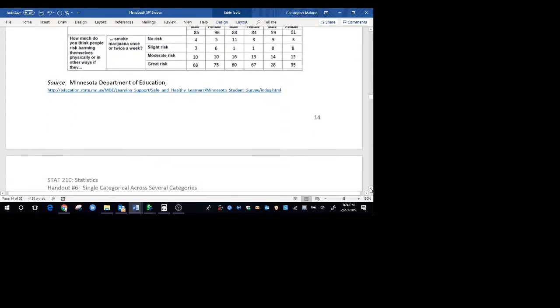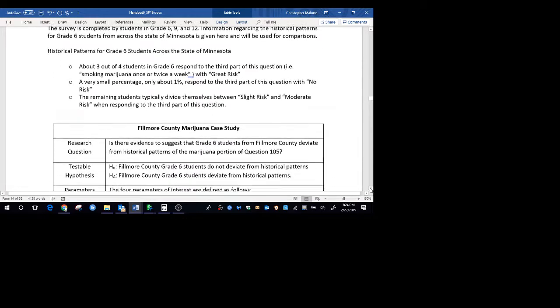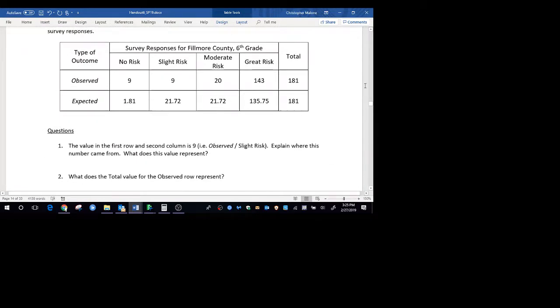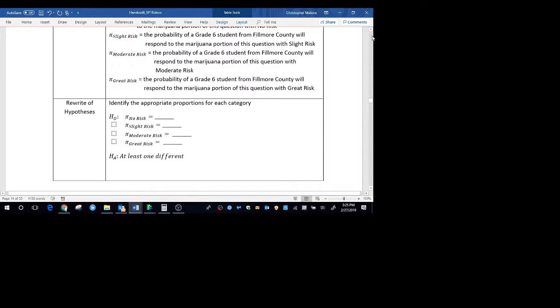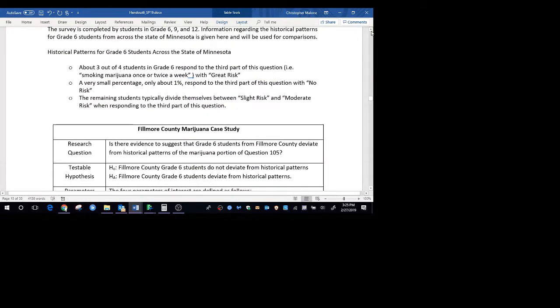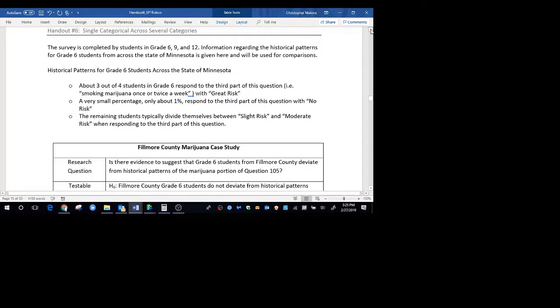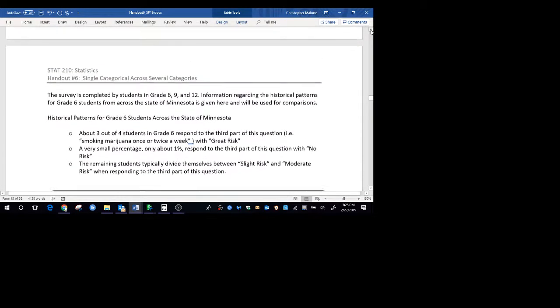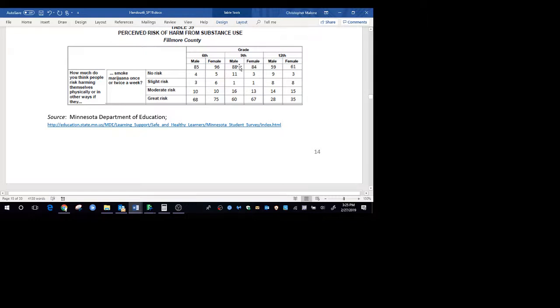Okay, let's move on to page 15. I'm going to need to build a reference distribution here. So let's just go back up here. Sorry about that. I'm going to need to take my observed data, which again was 9, 9, 20, and 143, and compare that against some sort of situation. Now, what we did before is compared it against a situation where everything was kind of equally distributed across the 4 groups. In this particular context, I'm not going to compare it across equally distributed.